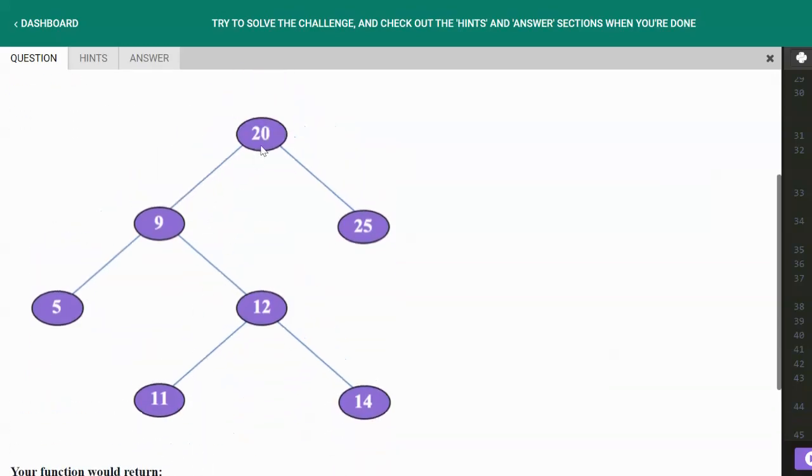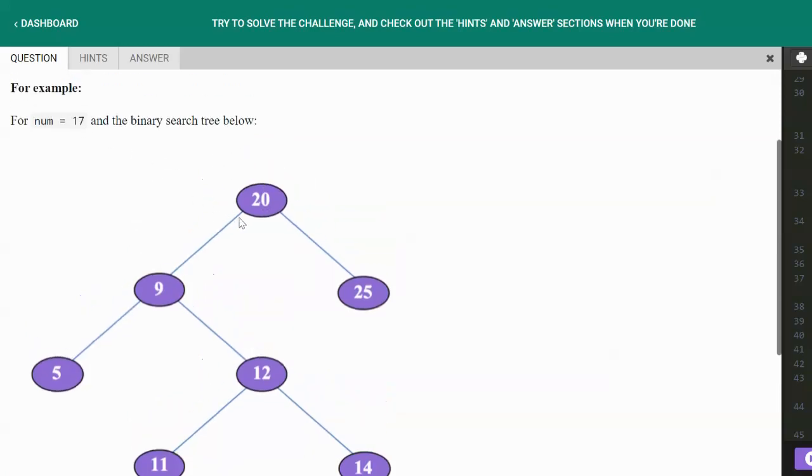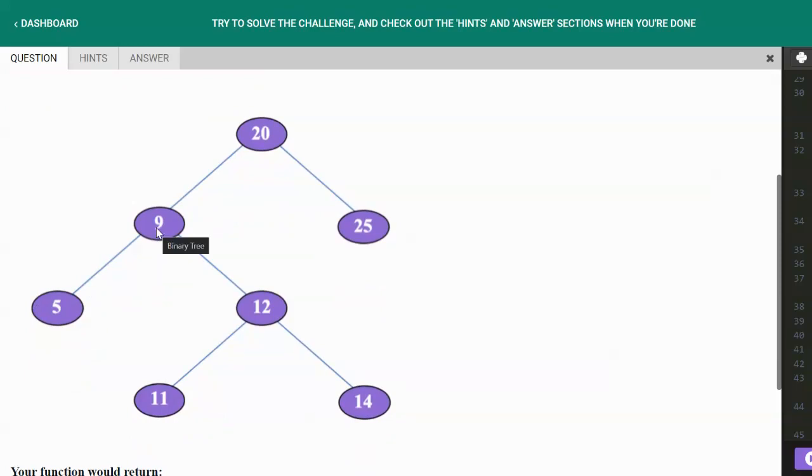And why is it 14? So we will be at the root node 20, which is greater than the target of 17. When it's greater, we go left, because in a binary search tree the left hand side is always smaller than the root node, and the right hand side is bigger than the root node, so we go left. And when we are here,